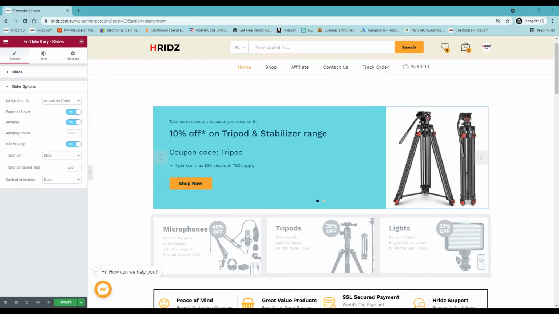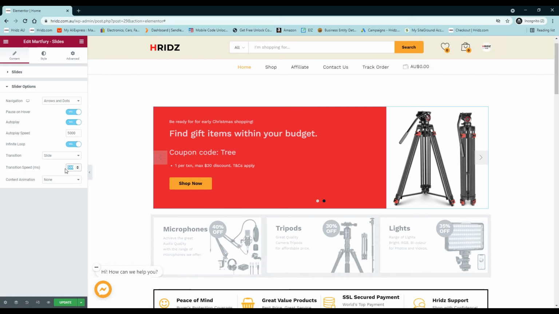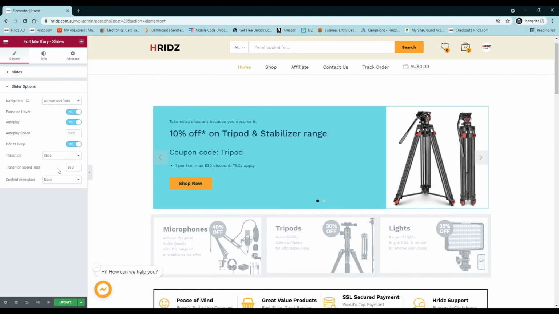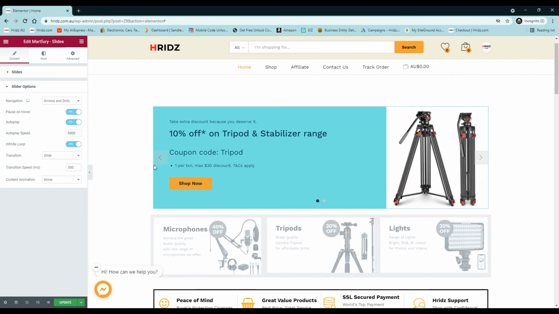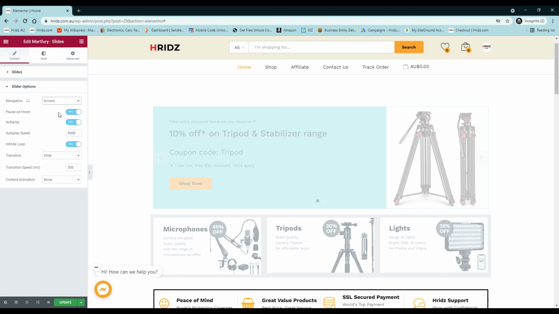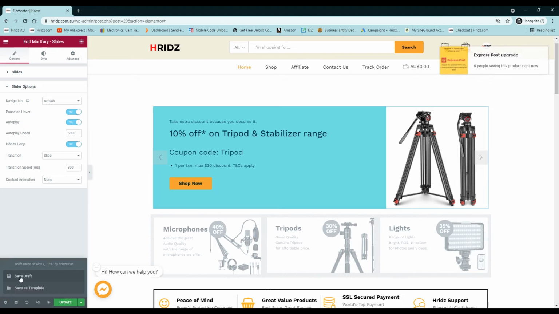Another thing I would recommend is the transition speed of these slides. 500 is too quick, so I would just keep it to 350, which will make it slower and look a little bit better to your eye. Okay, now you can see the arrow and dots both are present. I would just keep arrows, that way you don't have these dots bothering your customers. Now once you're happy with the slider, simply save draft,